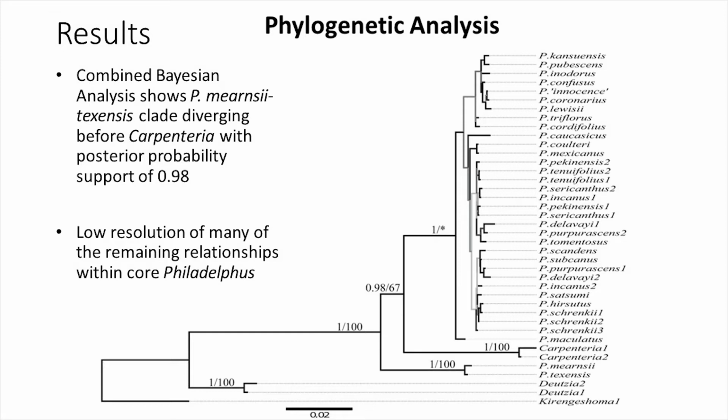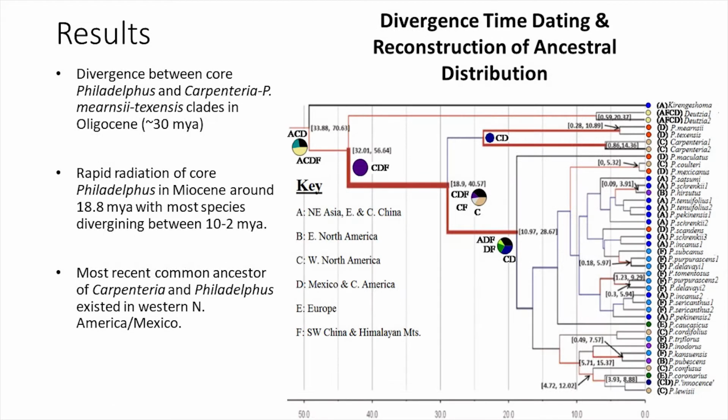texensis and Nerantia, which we advocate that Carpentaria should no longer be a genus since it's a one species representative. It should just be renamed to a different kind of Philadelphus species. So there's one other thing I will stress before I move on, because I really want to share my dissertation research more than this first year project, but I want to get back to this because this is plant taxonomy. That is what I was trained to do.